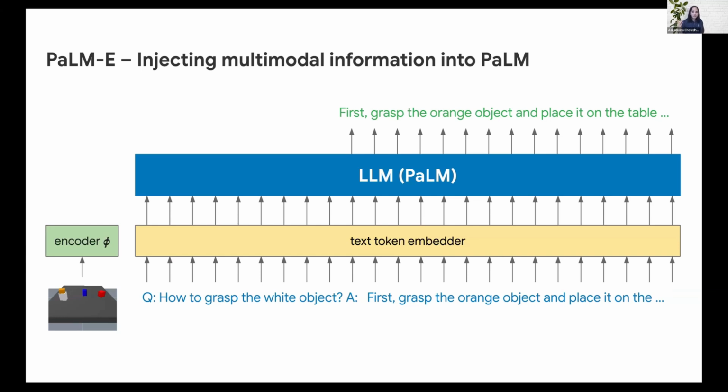And in PALM-E, when we inject this multimodal information, we are inputting it as interleaved sequences of images and text into the large language model. So you have a text embedding, and you have the vision encoder tokenizing the raw pixels. Based on the example here, where you are inputting an image with these blocks on a table, you're prompting the model with how to grasp, say, the white object. The model will output the action in the token space.